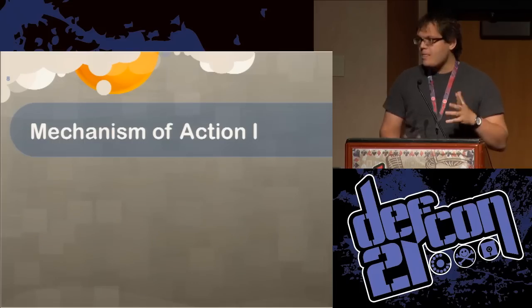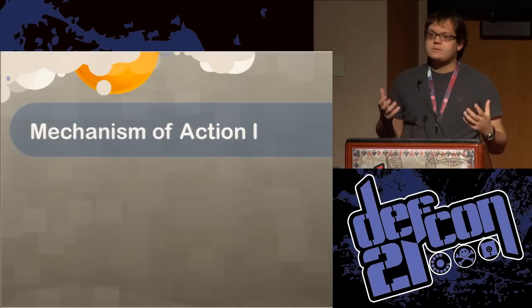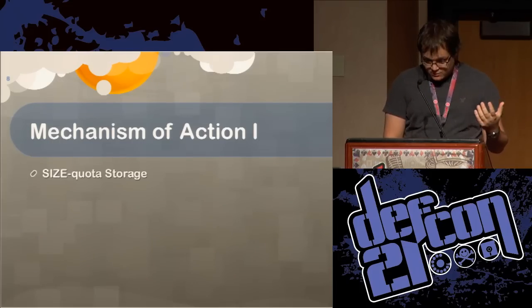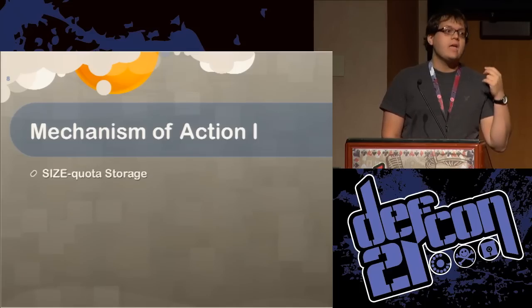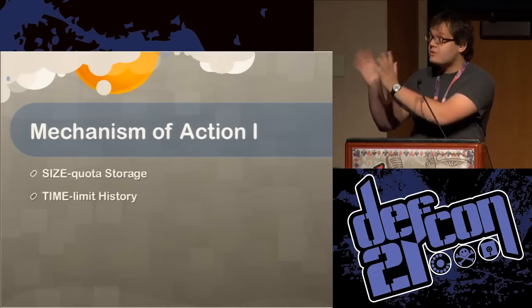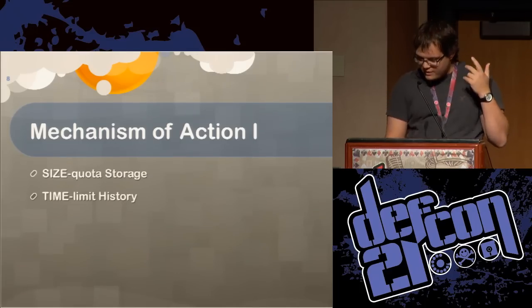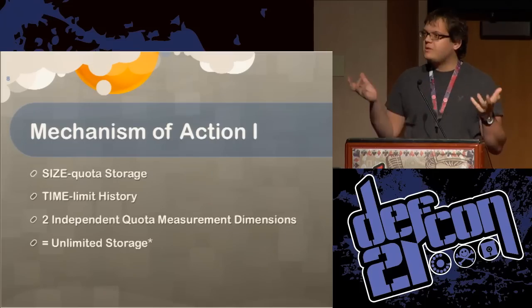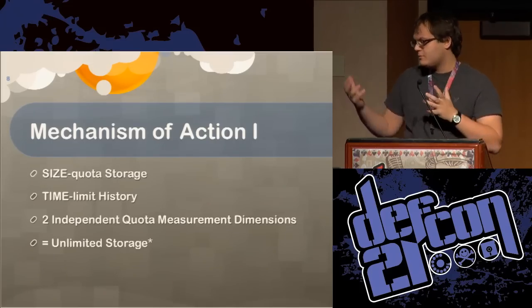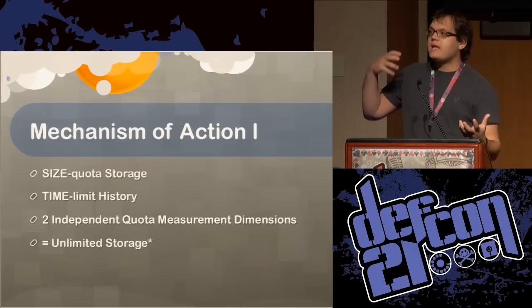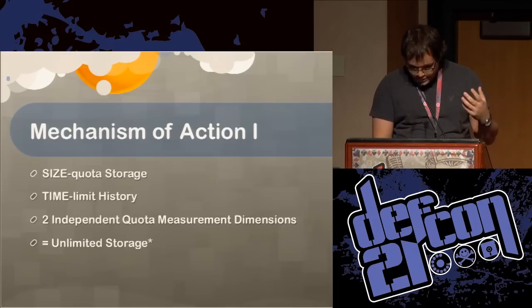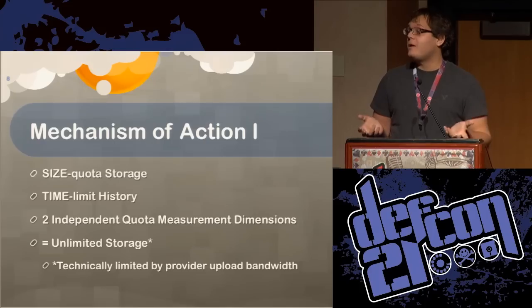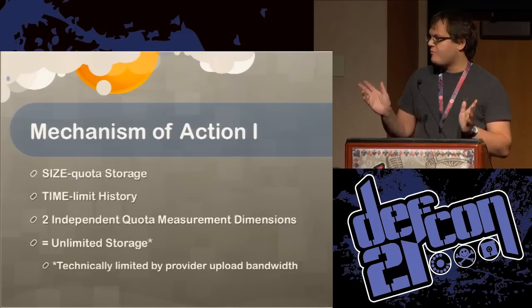Really what we're talking about is that a lot of these cloud systems have a size limitation for their quota management system, but have a time duration system for their history backup retention. So when you have these two different independent quota management dimensions, you really have unlimited storage, because you can exploit history retention to get additional amounts of space. So really we're limited by our upload provider bandwidth rather than the upper limits we have with the existing cloud